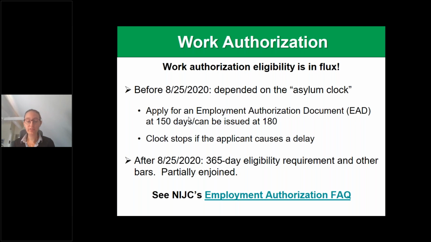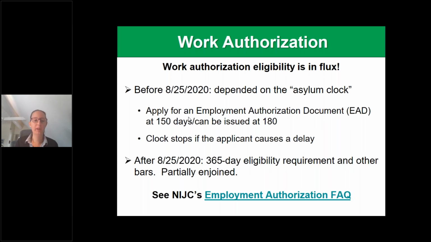After 8/25, the government passed new regulations that determine eligibility for work authorization. And they've gotten rid of the asylum clock and now say that asylum seekers are eligible after their application has been pending for 365 days. They've also introduced a new series of bars to employment authorization eligibility. Now, this rule has been partially enjoined, and so